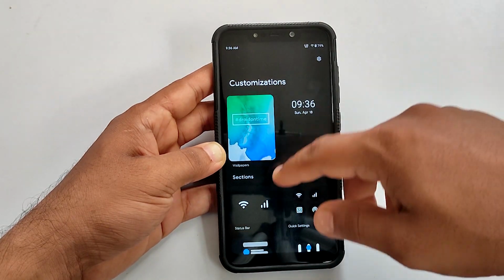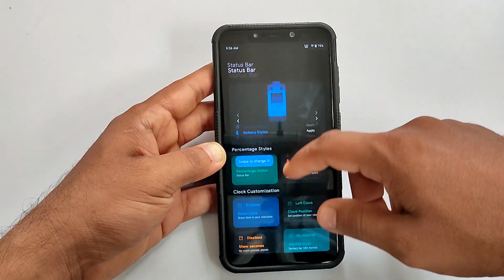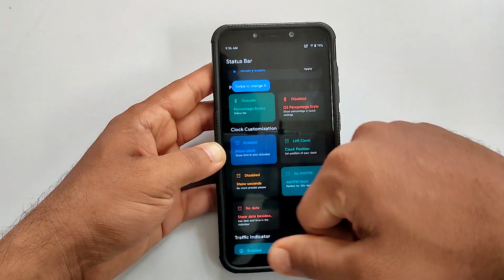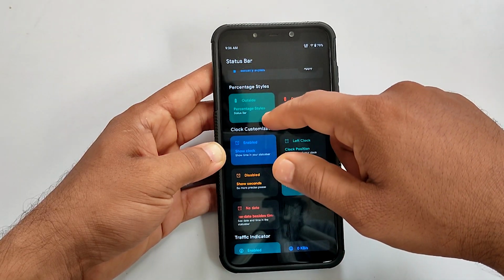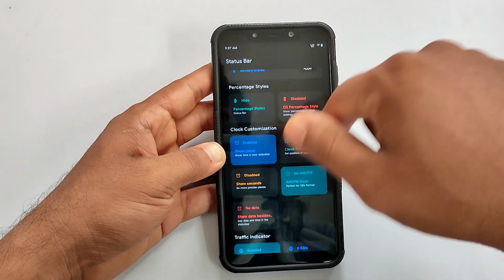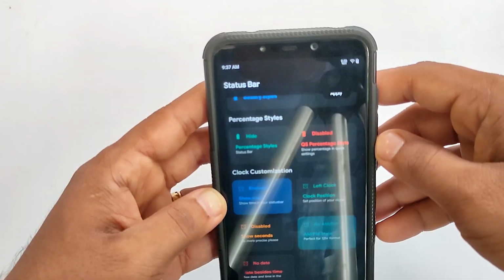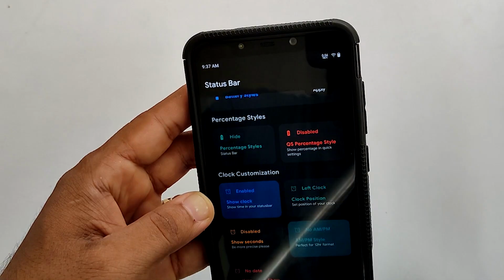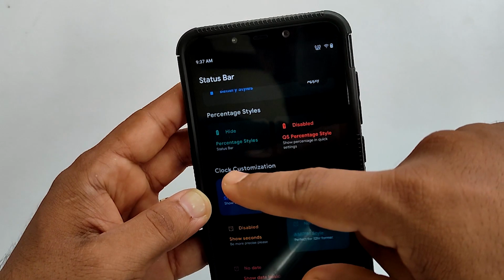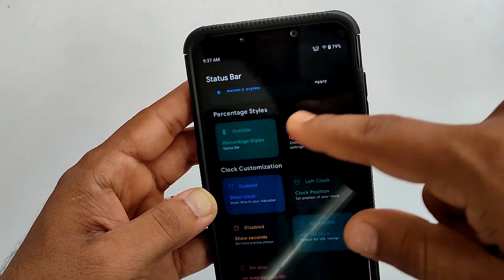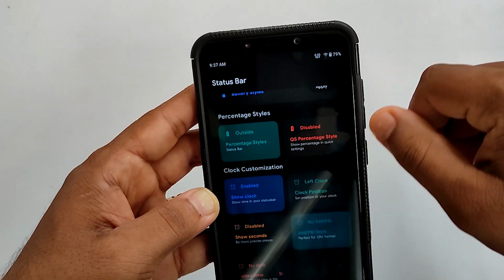When it comes to the status bar, you can almost do everything here. Battery percentage, style, clock style and position, network traffic and its customizations, battery light customization, and everything was working great here. There are no issues noticed.